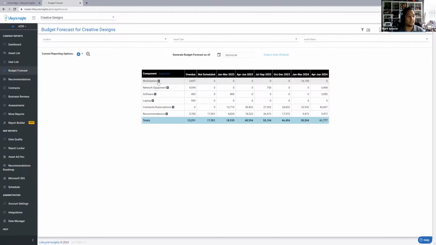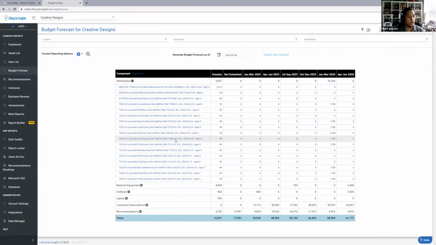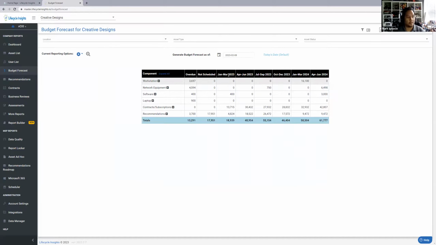A whole bunch of your workstations will be end of life, and we'll need that $6,100 to replace. With their contracts and subscriptions, you see, this year it's not that bad. So I would say getting the workstations and network equipment changed over the next couple of months would benefit them, because it won't be as much for the next few years or few quarters.